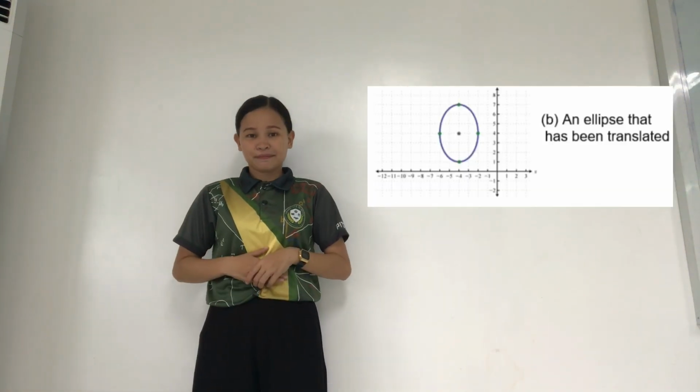So take a look at figure B. On the other hand, if an xy term is present, the graph is a conic section that has been rotated, and possibly also translated, as in figure C. Now, how do we identify a non-degenerate conic section whose graph is not in standard position?